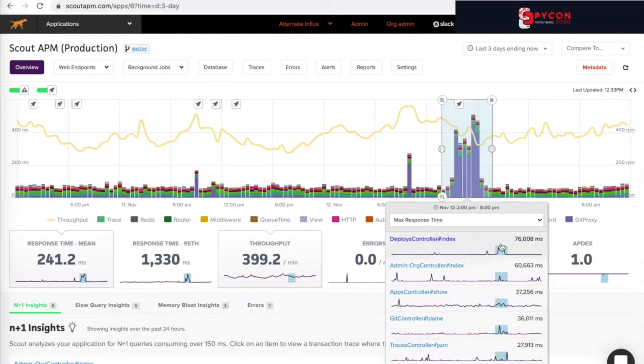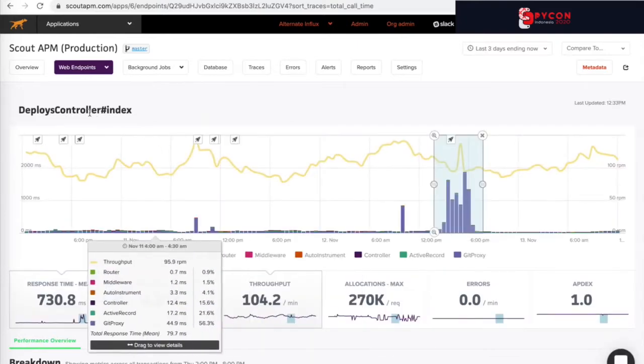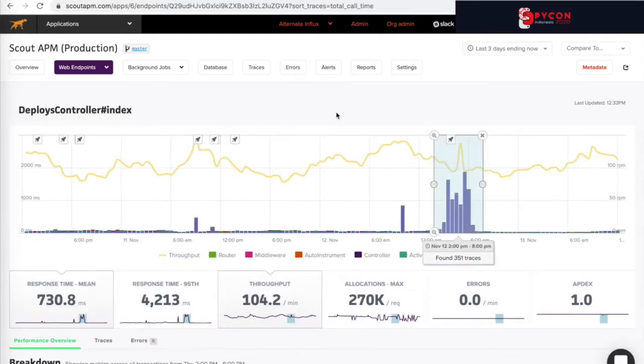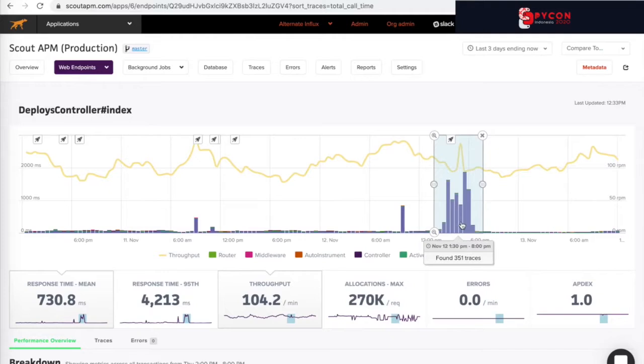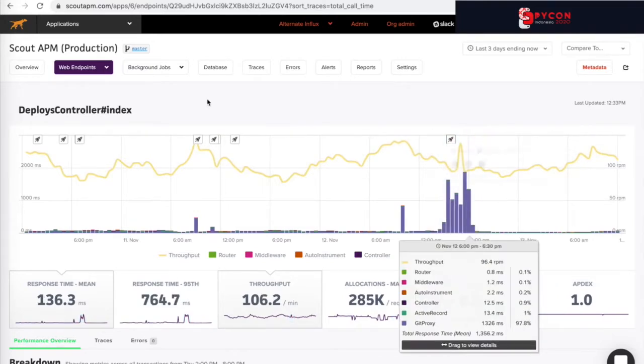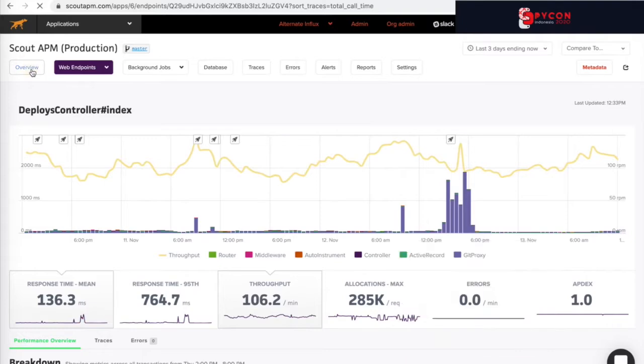And at a glance, we can see that it looks like it's the deploys controller index that matches this pattern. And if we click directly into that, it takes us to the deploys controller index endpoint, where we can see that matching response time pattern shows up as well. And it was our Git proxy layer that also caused that response time. We'll dig into this a little bit further in the demo as well. If we go back to the overview page,